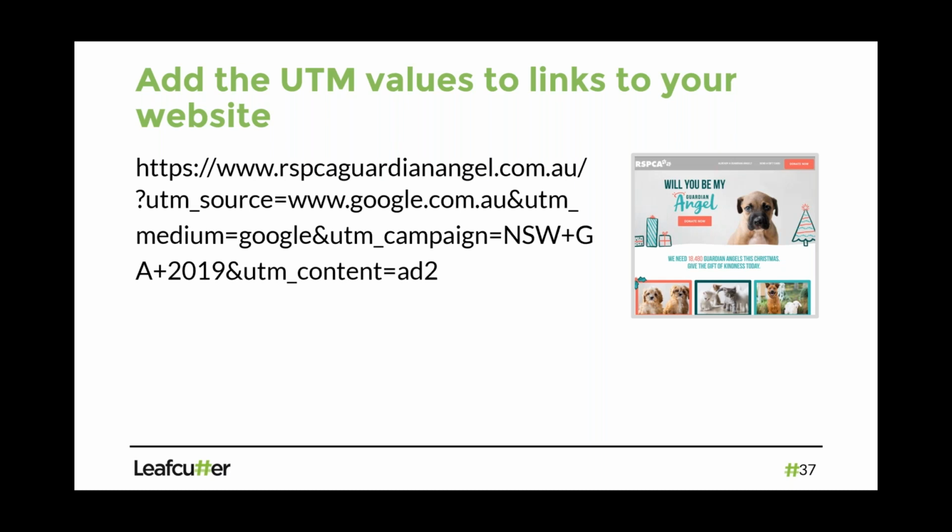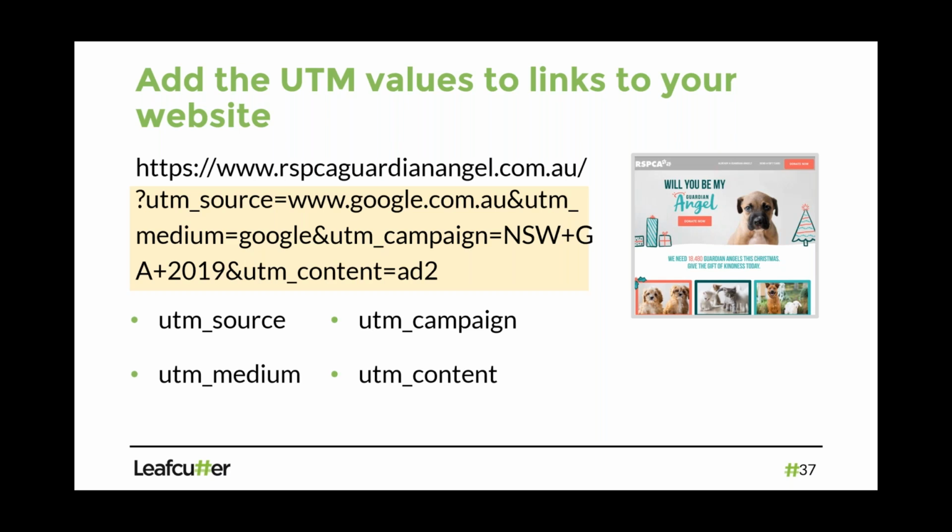And then we add the UTM values to the end. It starts with the question mark, and then you've got these extra values on there. So what have I put in? I put in a source, a medium, the campaign, and in this case, the content. They're not using term, that's totally fine. Now we've got a link with the UTMs in it. And again, I've got a spreadsheet that helps manage this process, so you don't have to manually type it out, because that'd be very annoying.